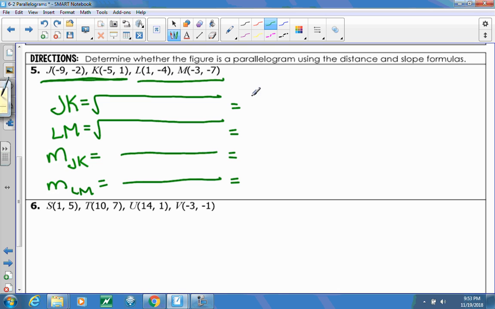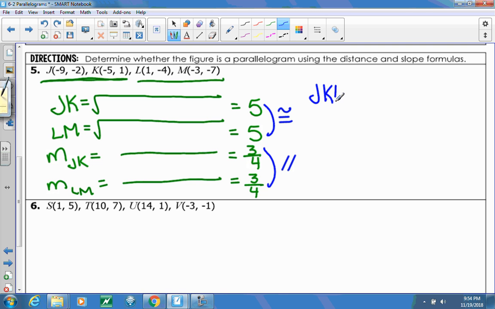All right, JK, you should have gotten the square root of 25, which is 5. LM is also square root of 25, which is 5. The slope of JK is 3/4, and the slope of LM is also 3/4. So what I have here is I have two sides that are congruent to each other, and I have two sides that are parallel to each other. They're not just any two sides, it is the opposite sides. So we can go ahead and say here that JKLM is a parallelogram